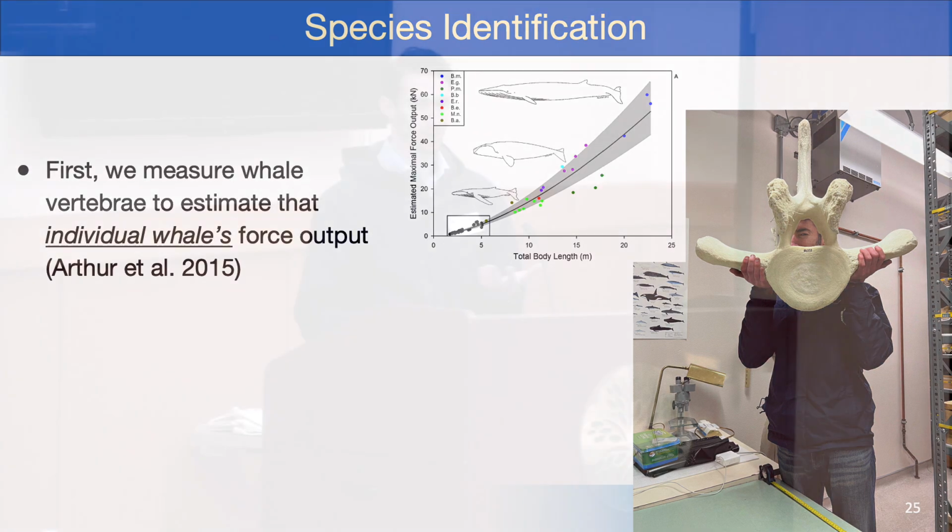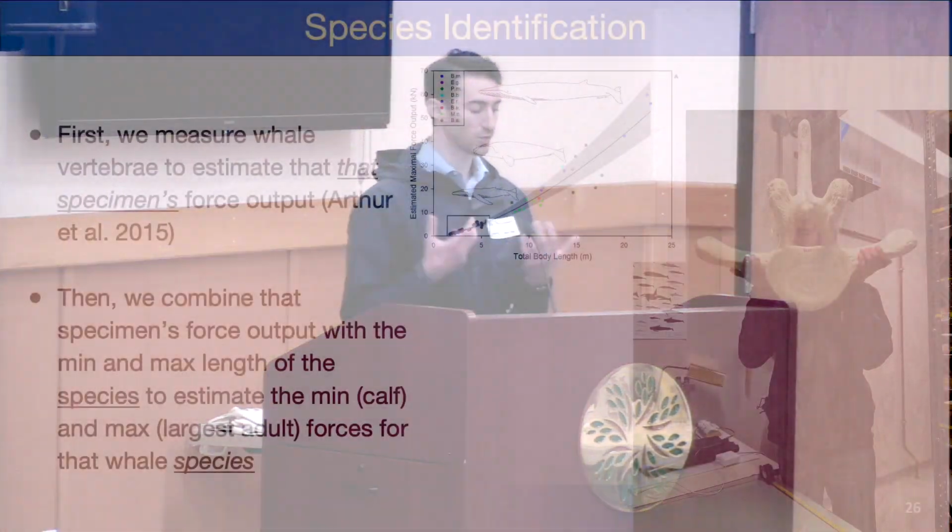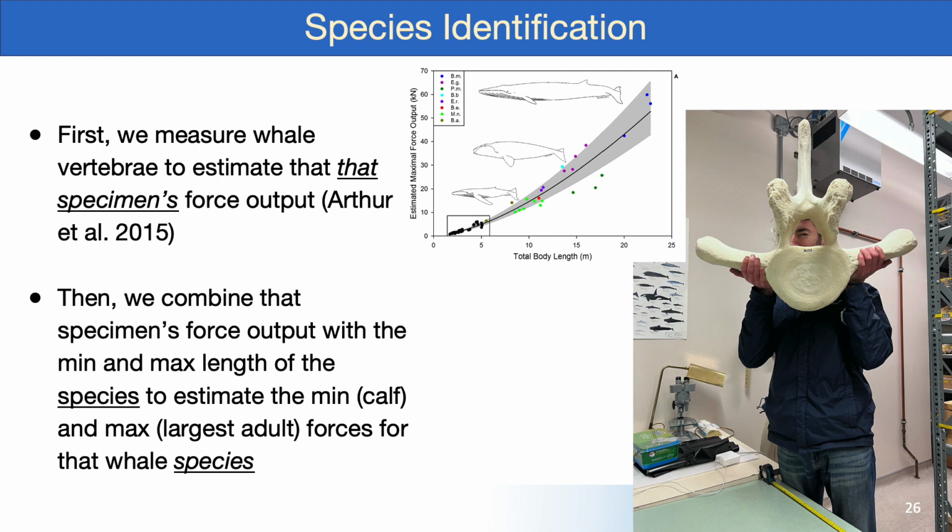This is, of course, really important both for scientific purposes, because this is a nascent field of study, and also for regulatory purposes, because oftentimes infrastructure projects like these are required to report how many of each species, specifically endangered species, they're harming. So to do this sort of species identification, we need to know how much force each species